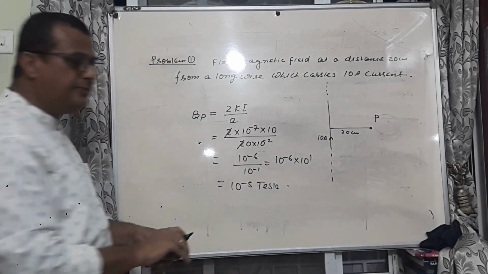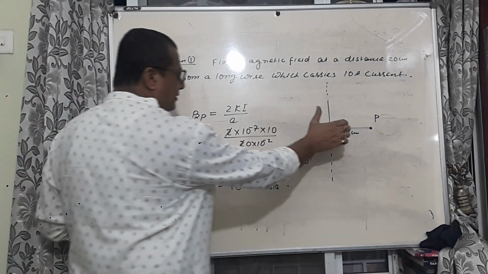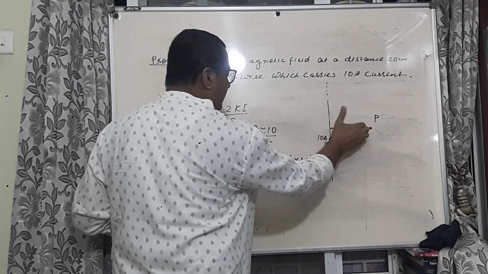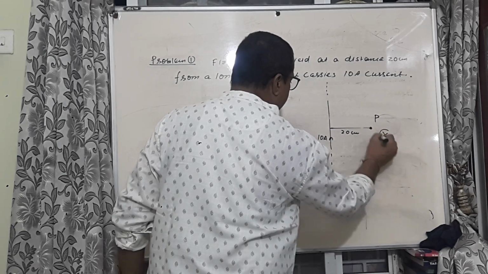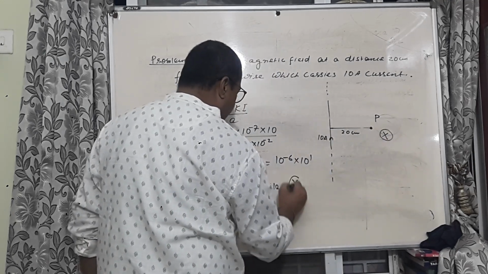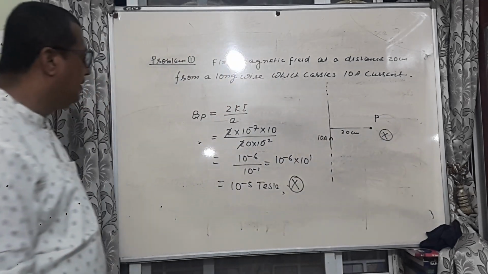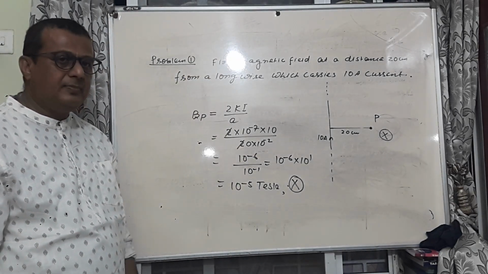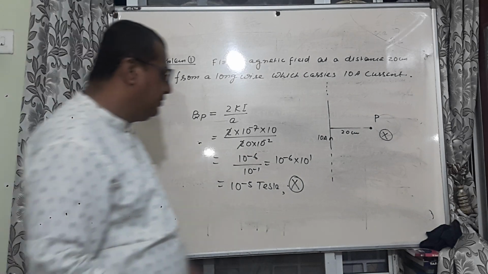And its direction will be again by the right hand rule. The thumb indicates the direction of current, then the curved fingers indicate the direction of magnetic field. So this will be the direction of magnetic field. We have got here the magnetic field due to this straight line. Now one question we'll see, due to a finite wire.